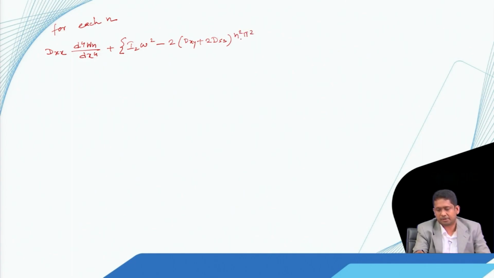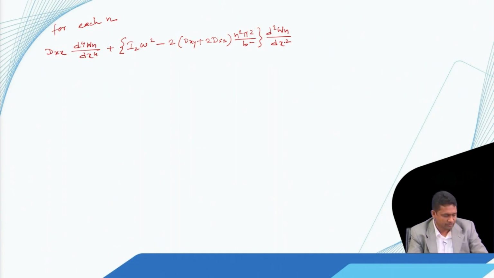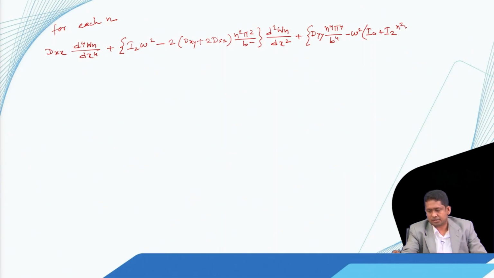And then finally Dyy n to the power 4 pi to the power 4 by b to the power 4 minus omega square I0 plus I2 n square pi square by b square, and this is multiplied with wn,